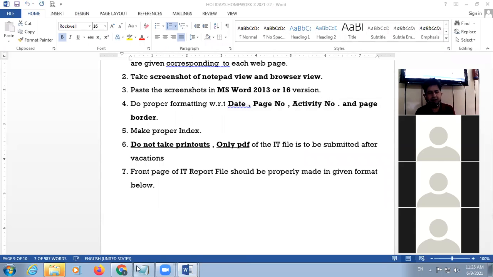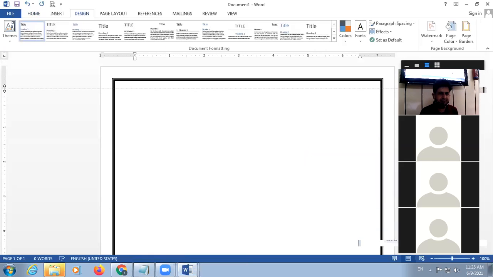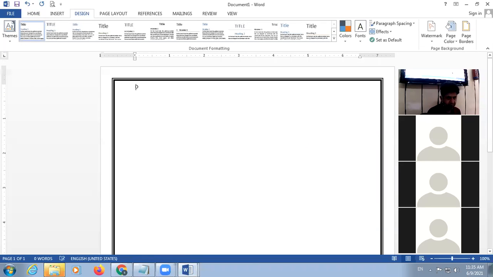So ये formatting के part है. So look at here, I type here, suppose date is June 2021, then page number. We can also apply header and footers, but even then आप उसको you can change it. Look at here, आपको कैसे करना है.